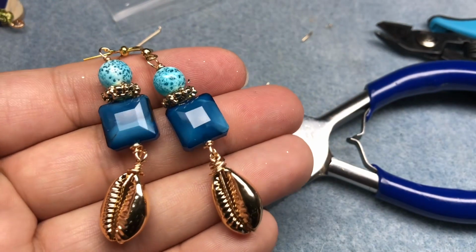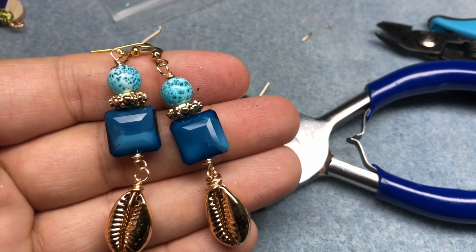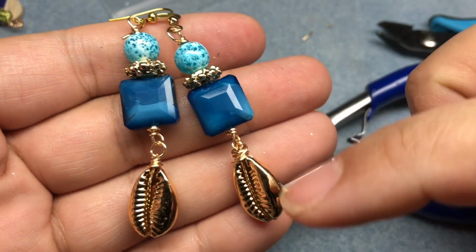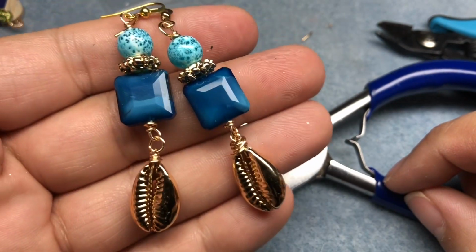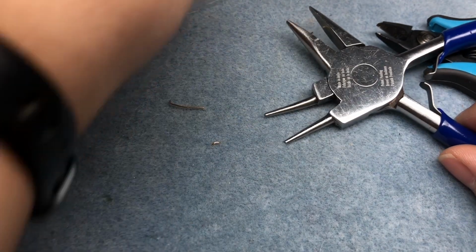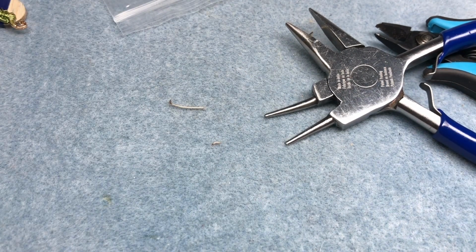and then here is our cute little pair that just looks like you're kind of descending down into the ocean and then you find a shell. Love that. And then last but certainly not least, we're going to do a variation of what we just did